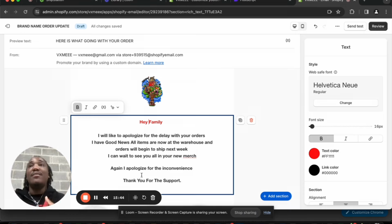You want to make sure you're updating people every step of the way, because it takes about 4 to 6 weeks for your items to come in traditionally on a pre-order, unless you have a fast manufacturer. So if you're in a situation like that, you want to make sure you're updating customers at least 3 to 6 times in that process as everything is going on, at least one update a week in the whole pre-order process, just so they know what's going on and what to expect,